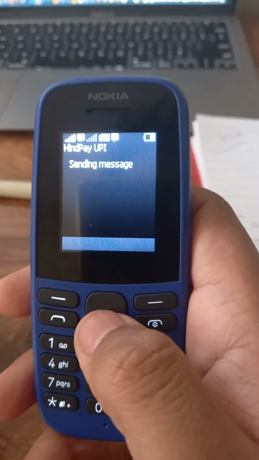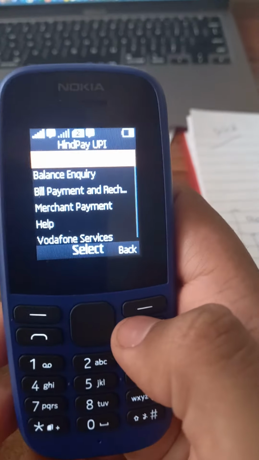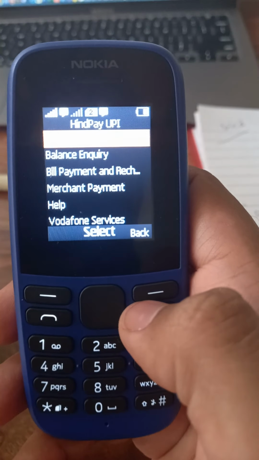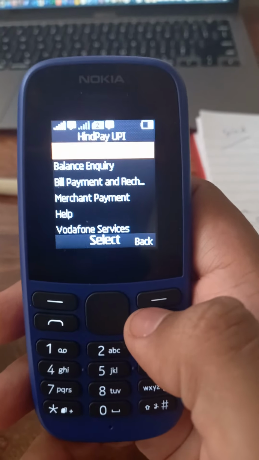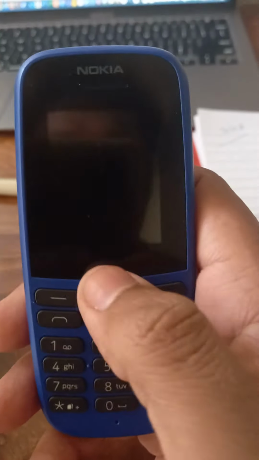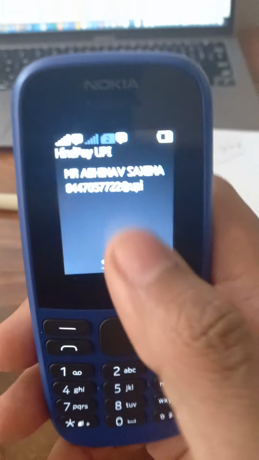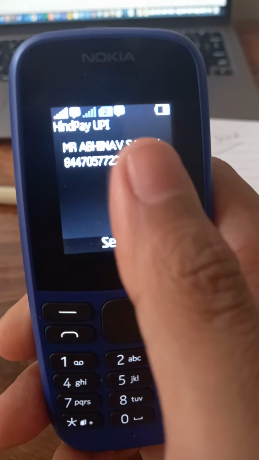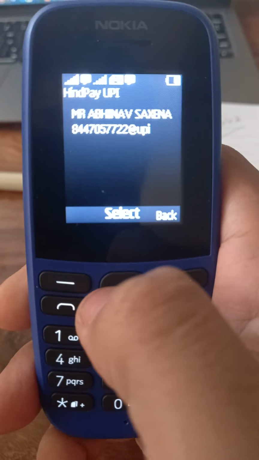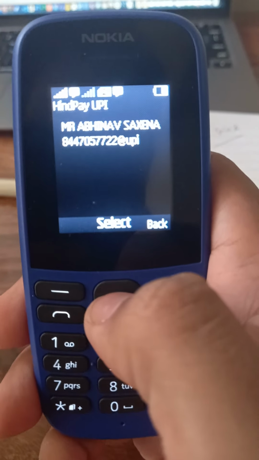Yeah, so I have entered the UPI ID. Like when we do a transaction in other apps, first the UPI ID is validated. See this, the UPI ID is validated from the backend that this UPI ID is linked with Abhinav Saxena.